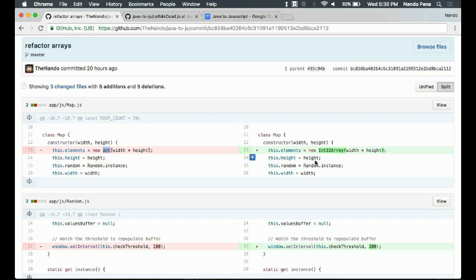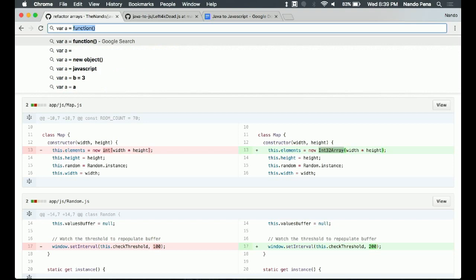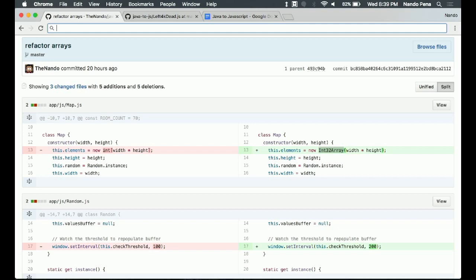Well, yeah, we already talked about these typed arrays. They're really great, and they're exactly what I need in this particular use case. I could just create a new regular array, but these typed arrays have better performance, so I might as well just use them. Turns out, under the hood, if you do nothing but store integers inside a typical JavaScript array, like new array, or you can even just go var a equals that, you get an array. If you just start popping variables in there and you put nothing but stuff that is approximately the same type, like ints, you're going to get some pretty good performance out of it anyway.